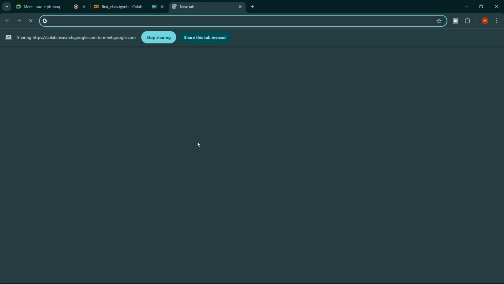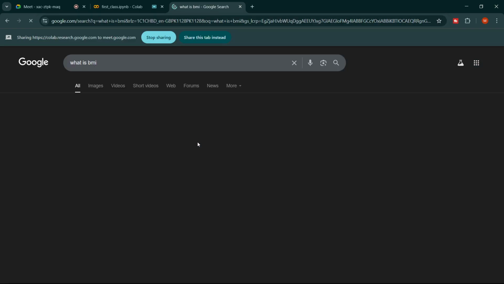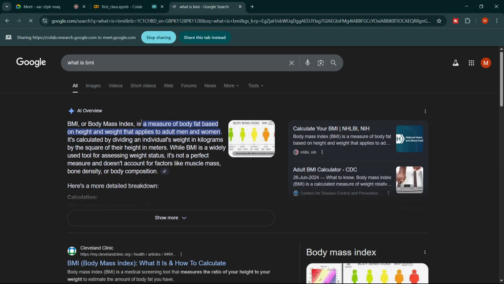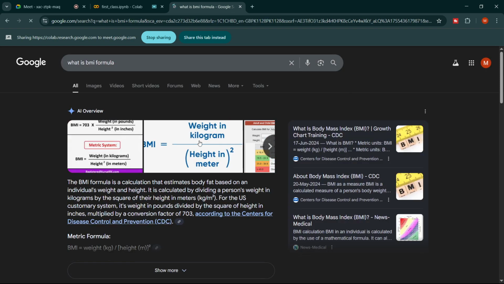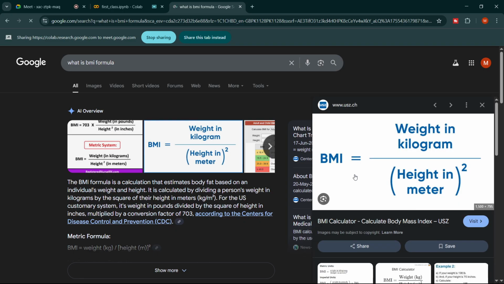If I go to Google and search what is BMI, we can see it shows it's a measure of body fat based on height and weight. So actually, based on someone's height and weight, we can calculate a BMI. And what does BMI tell us? It shows the measurement of body fat. So this is simply a BMI. And what is the formula for this BMI? So let me write what is BMI formula. So we can see here that the formula for BMI is, okay, so